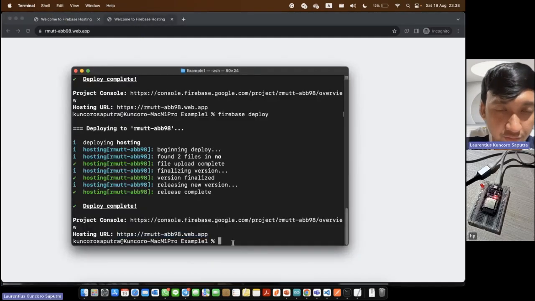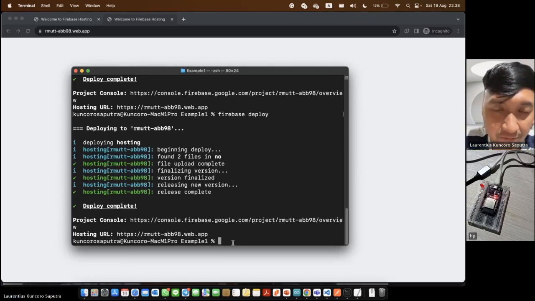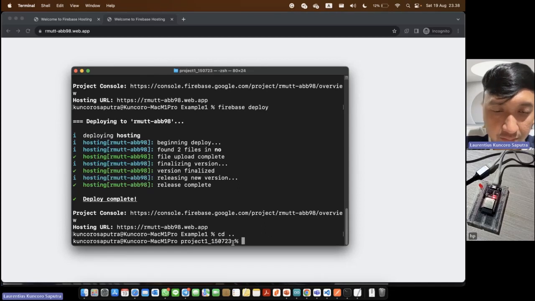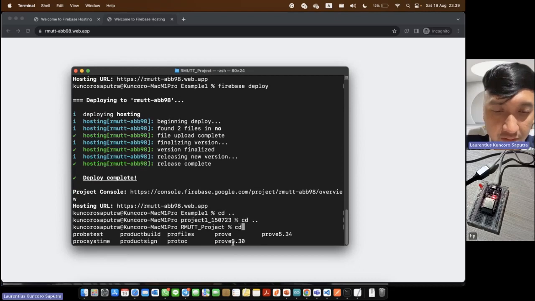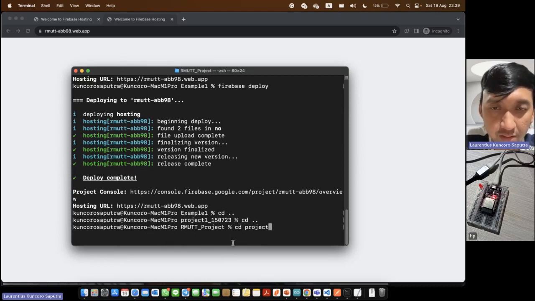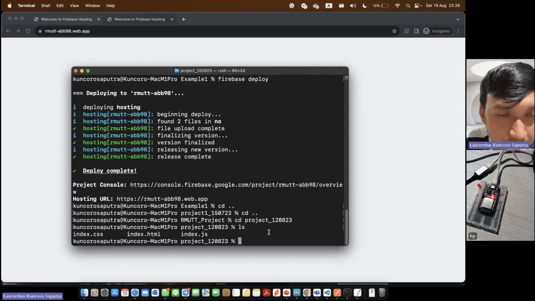Okay, so I will try another folder. cd project. Okay. What's wrong with this one?